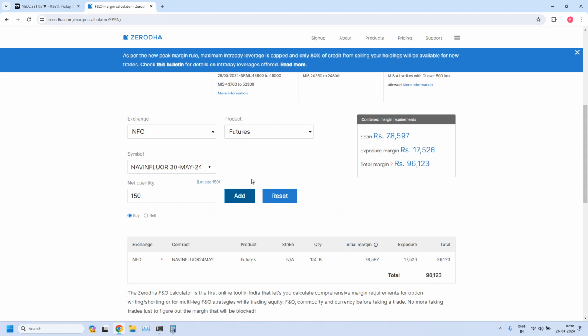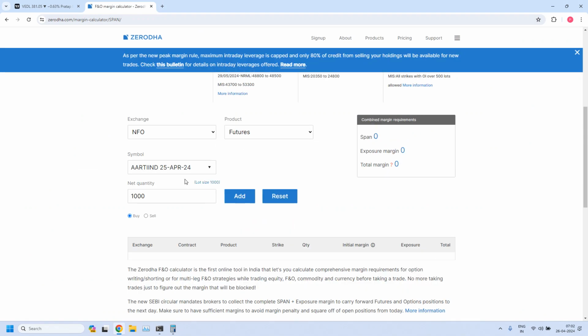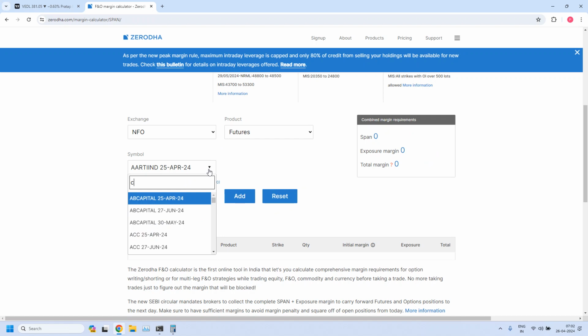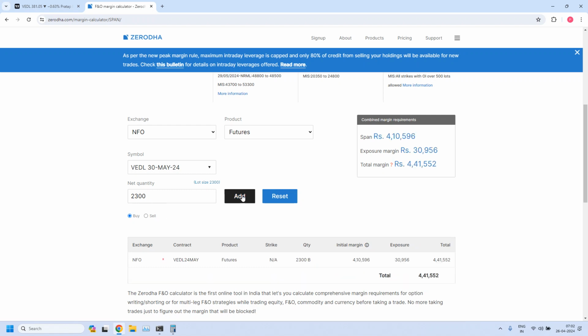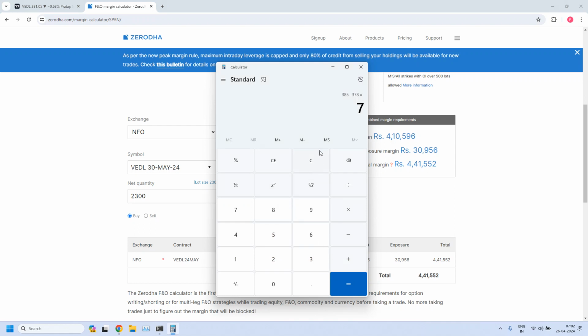So how much profit would you have got for one futures lot? The lot size is 2,300. What is the cost of the lot? 4,41,552 rupees. My God, it's a highly expensive future. Anyway, let us see. 7 into 2,300, you would have got 16,000 rupees profit, into 100 divided by